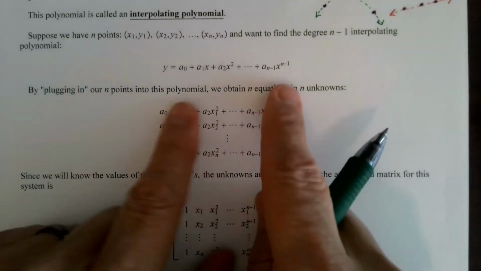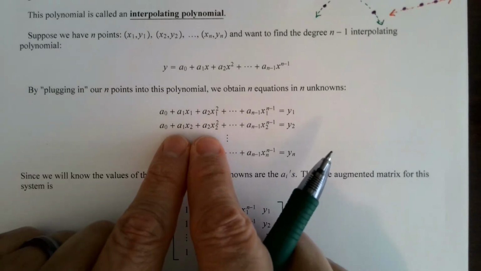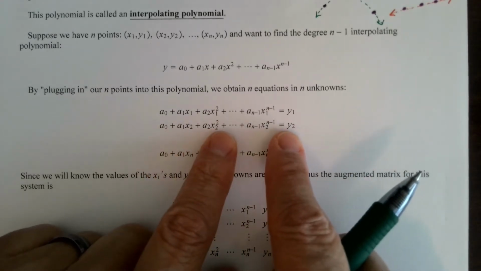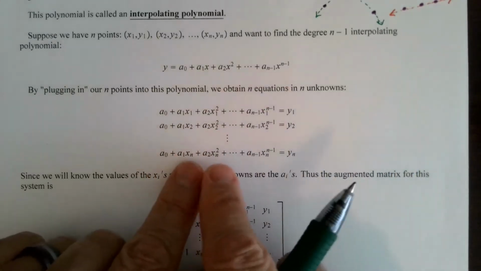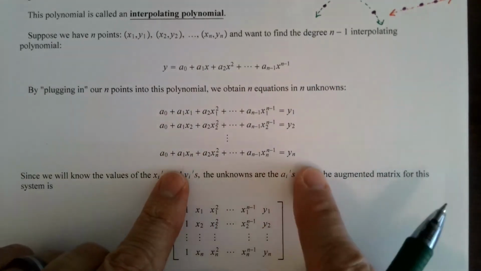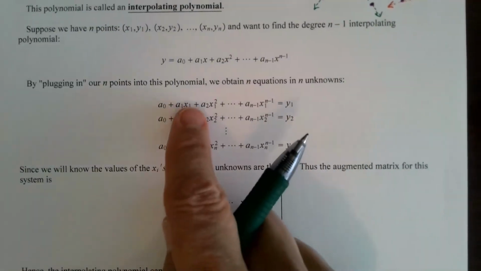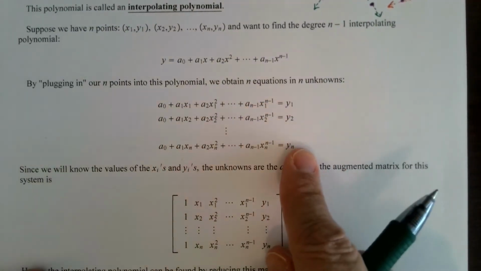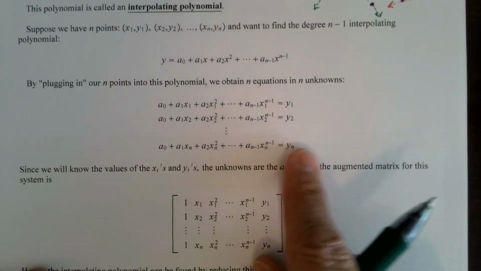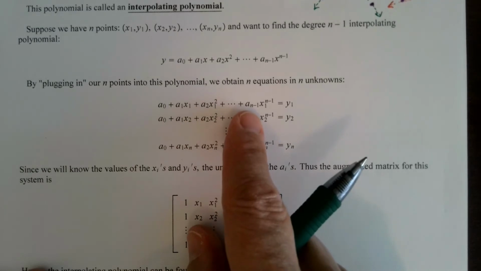Okay, kind of swap the sides of the equation above. If I replace x with x2 and y with y2, I get this second equation, and so on all the way down to plugging in x sub n and y sub n to get this last equation. And what do we have here? Remember, the x's and the y's are all known values. So we will have a system of n equations in the n